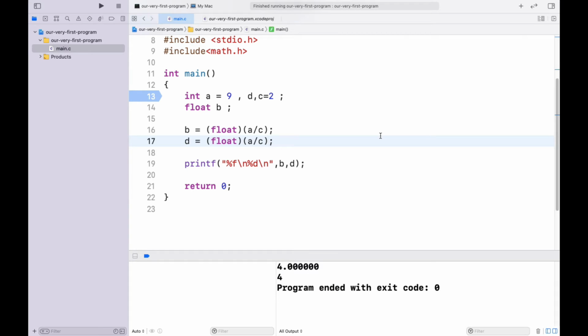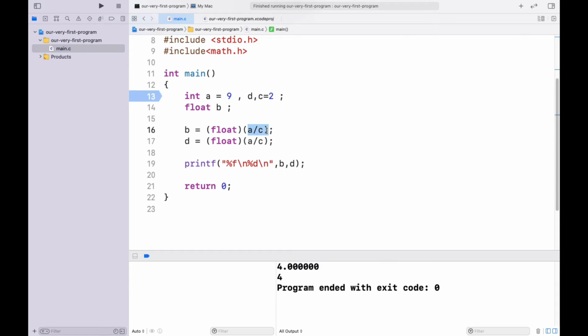So what is going on here? Right now, A/C itself is going to yield an integer, which is going to be 4. That 4 is then converted into floating type, which will be 4.00000, and that is getting stored in B, but it cannot be stored in D because D is an integer type.